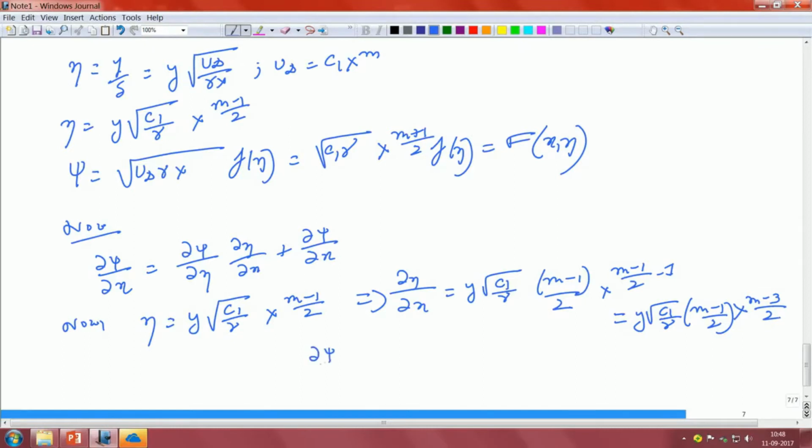So, d psi by d neta is equal to, okay. Similarly, d psi by dx equal to